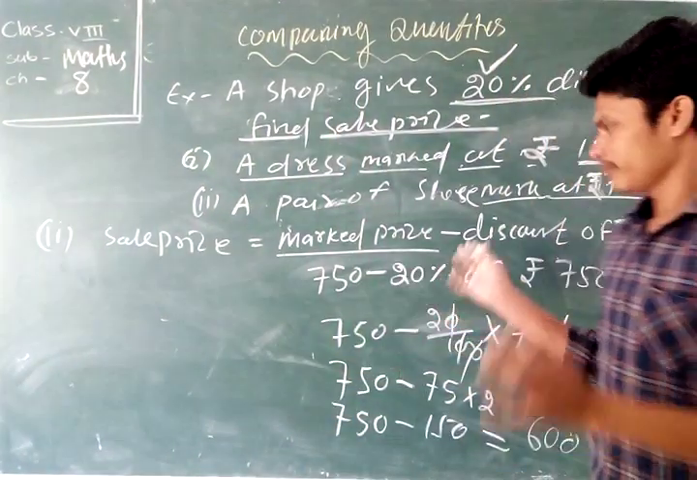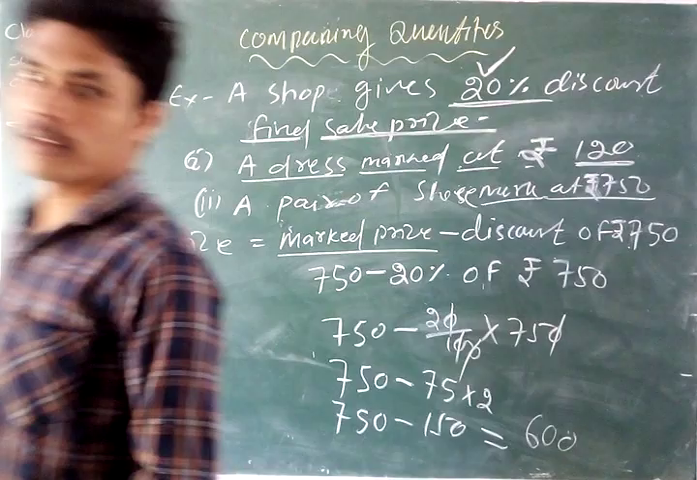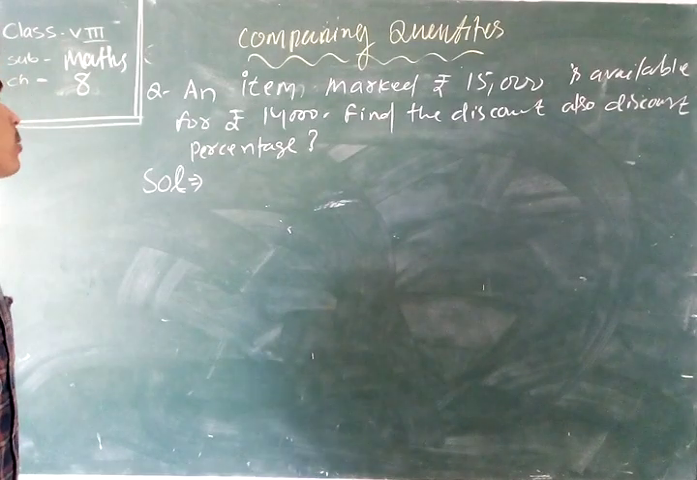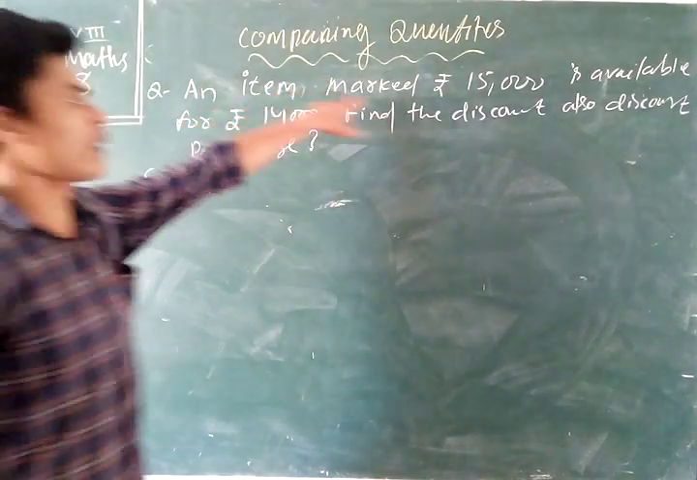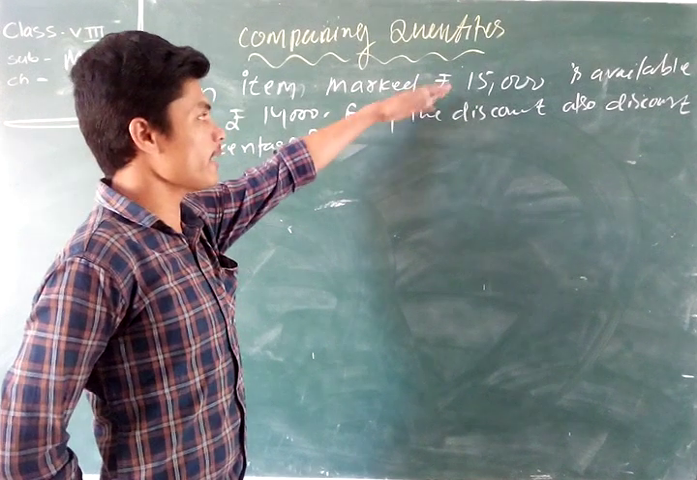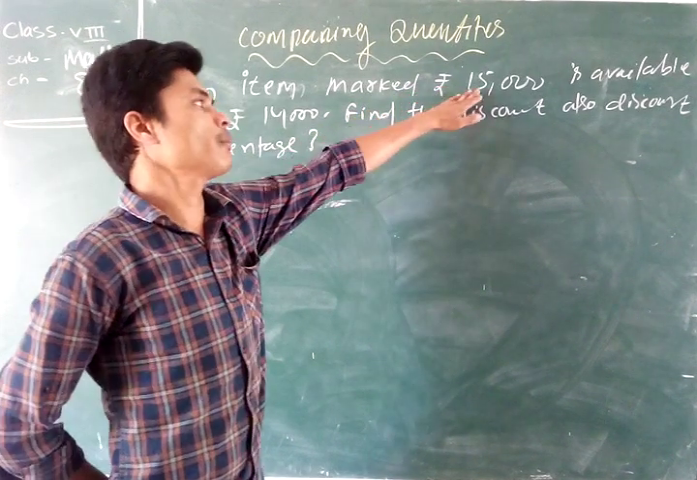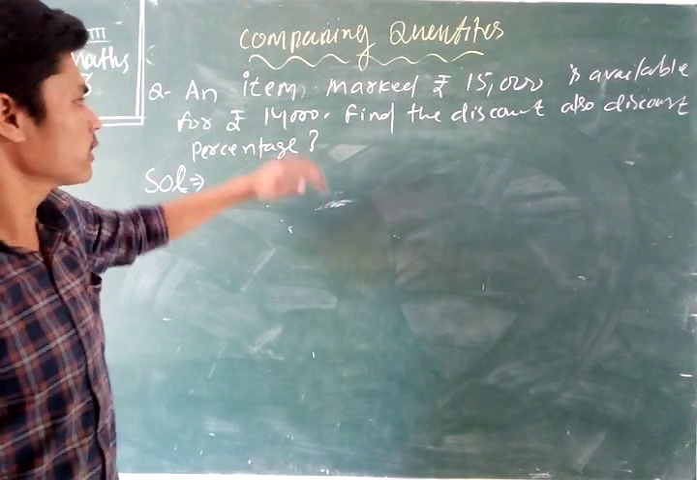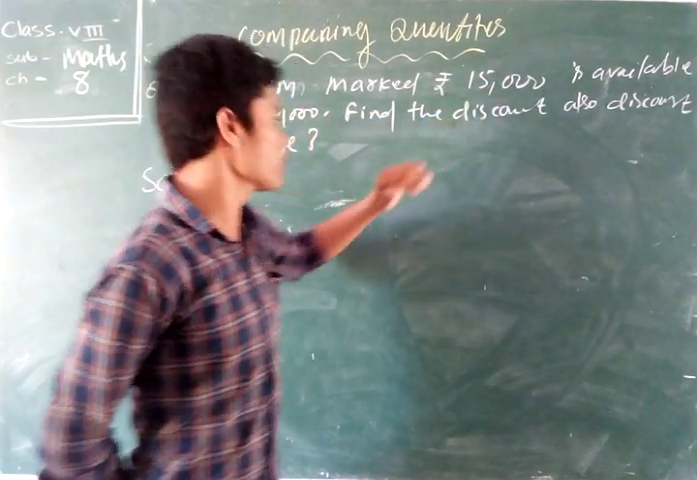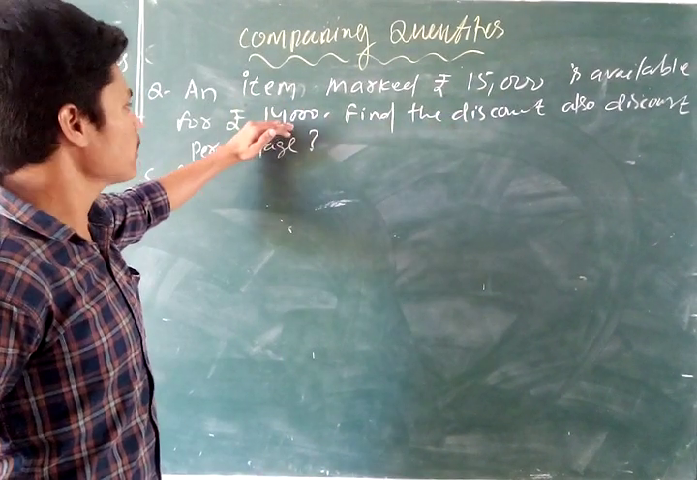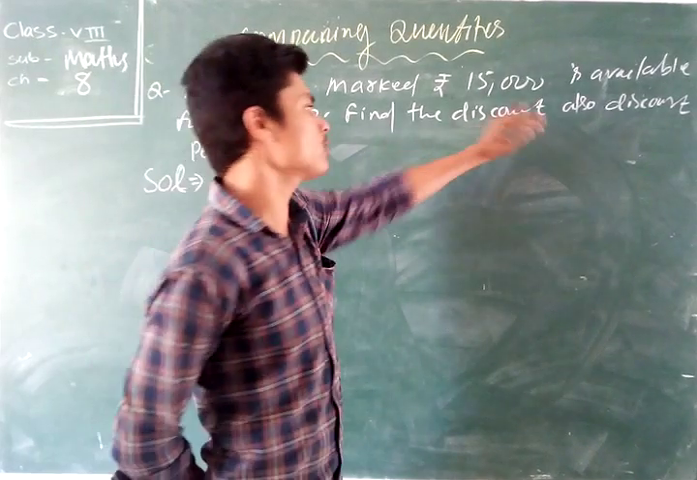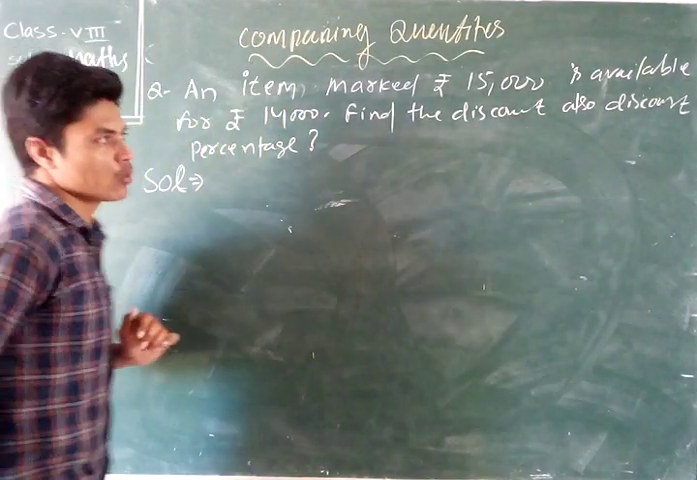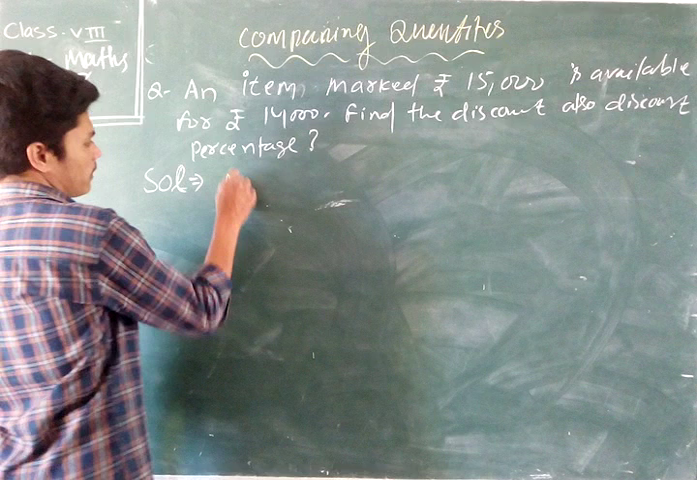Okay. Now we discuss another example. Now the question is: an item marked at rupees 15,000 is available for 14,000. That means the mark price is 15,000, and the price you purchase at is 14,000. Then find the discount and also the discount percent. So here there are two questions. First we write here the mark price,